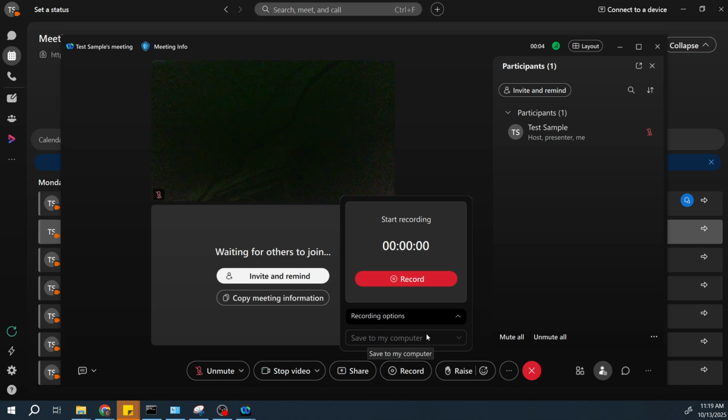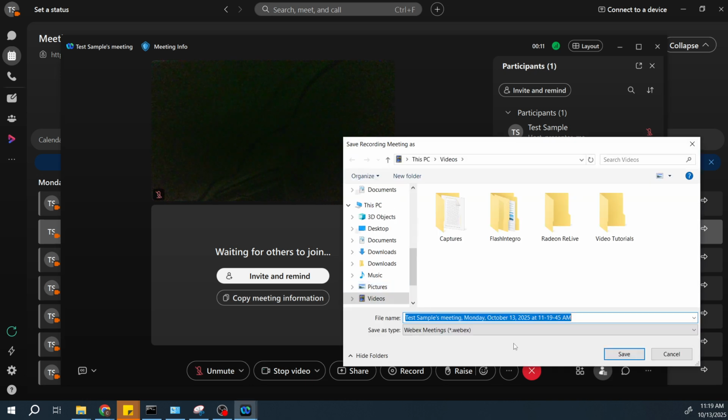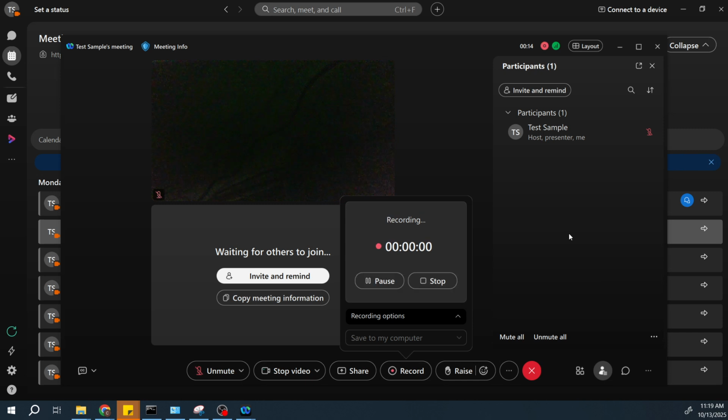With the destination for your recording selected, you'll see an overlay window appear. Here, you'll want to click the record button once more to officially begin recording your session. Keep an eye out for a recording indicator, which will show up at the top of the screen. This indicator is a small but crucial sign that everything you need to be documented is being captured in real